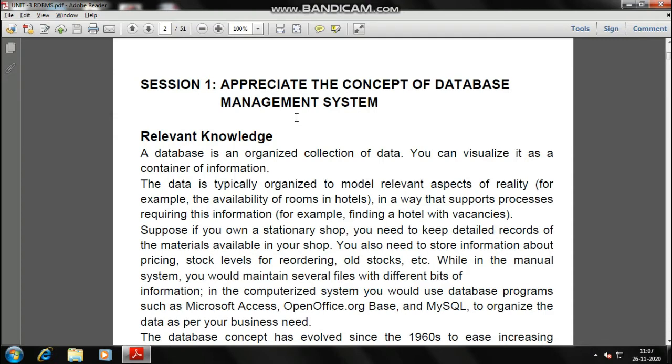You must know beforehand some terms, starting with DBMS. What is basically data, and what do you mean by information, and what is the difference between data and information? So data is basically the raw facts and figures which are unprocessed, and after processing that raw data, whatever result or output we get, that is known as the information. So basically data is the unprocessed data, information is the processed data.